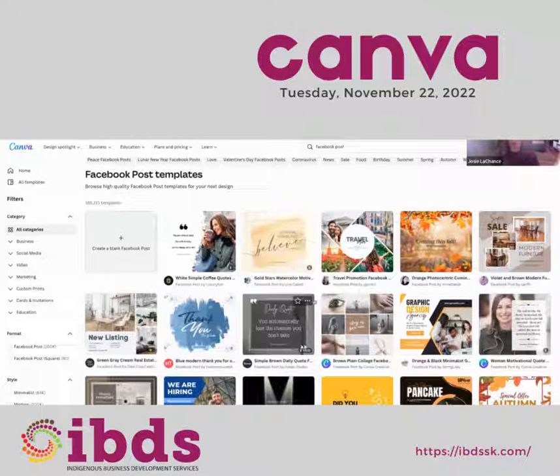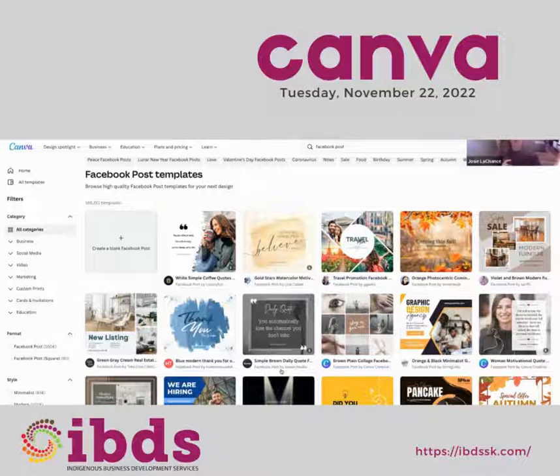So you can adjust and edit these in any way that you want. So maybe there's just certain things that you like about them, and you can take them to a whole different level with just a few little tips and tricks. Yeah, so there's different sizes. Facebook posts are a little bit longer, and Instagram posts are more square.